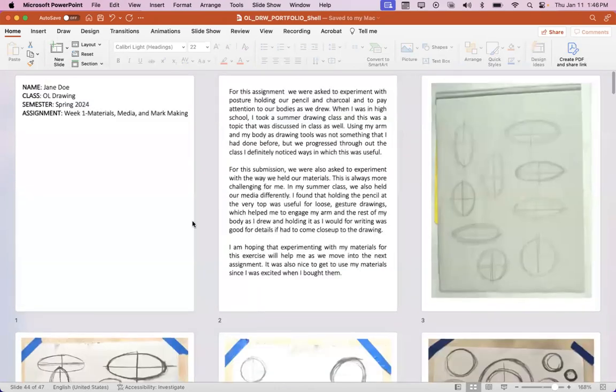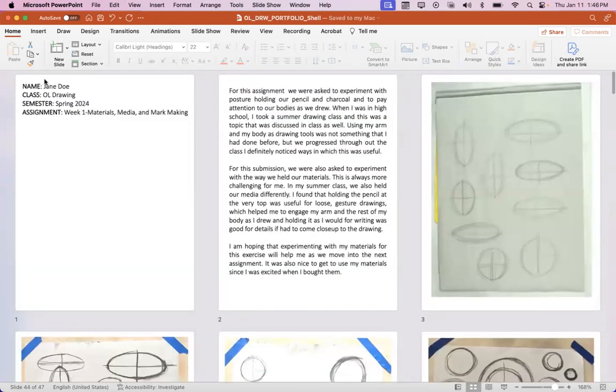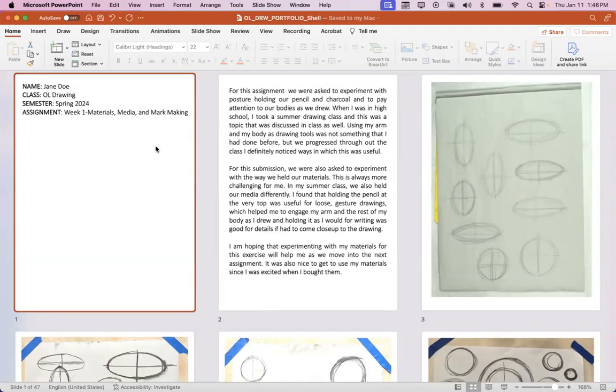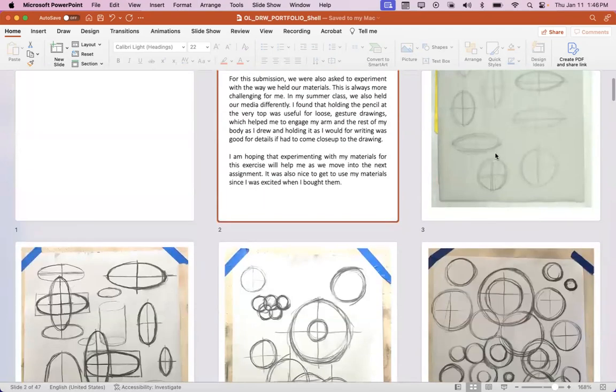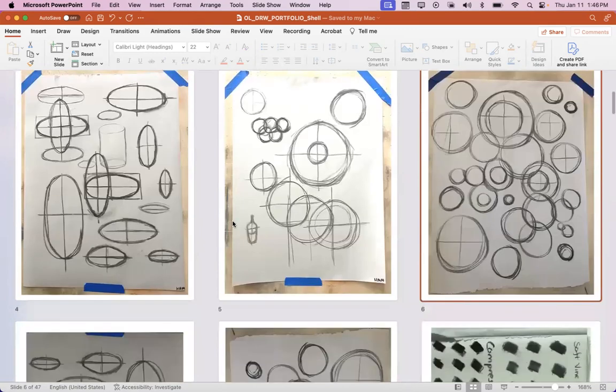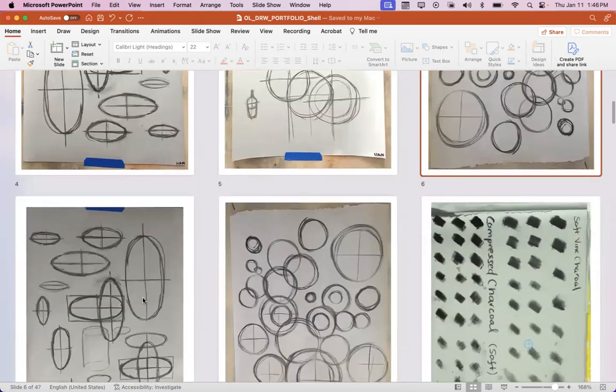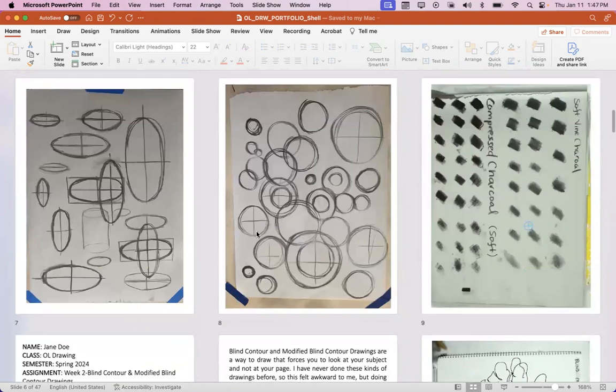It's basically the same thing every week. You do a cover sheet with all the information in there, and it's already plugged in for you. So you just need to go and replace what I wrote with your information. You're going to do the written part of the assignment, and then you're going to submit the actual assignment, the photos of your assignment. And make sure, I haven't uploaded it yet, but make sure your photos are